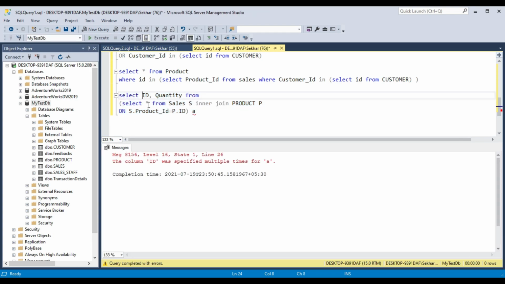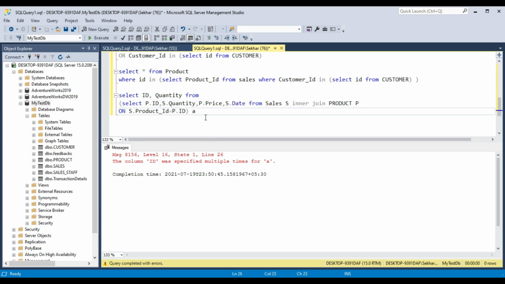So what you have to do is give here p dot ID, s dot quantity, p dot price, s dot date.